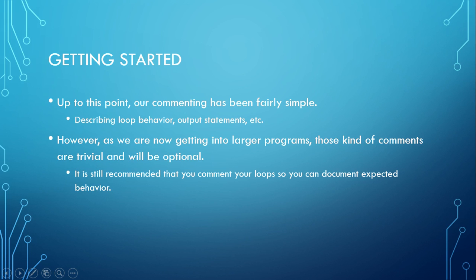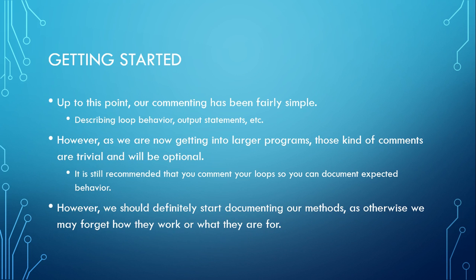So you don't have to say, oh, I declared my variables at the start of my program. Great. I know you know how to do that. We've been doing that for a while. However, it's still recommended that you comment your loops so that you can document expected behavior, just because loops sometimes have some weird things that go on with them. But for an if-else statement, you probably don't need to, as long as you know what that if-else statement is doing. However, we definitely should start documenting our methods,